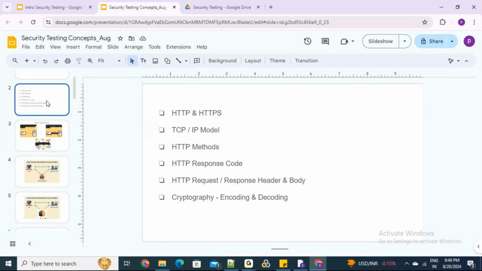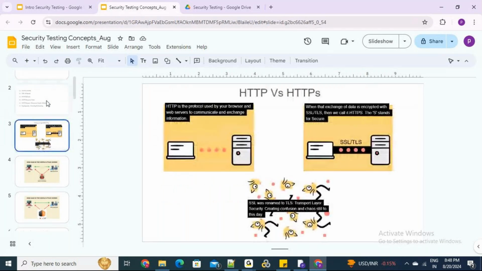Okay. A few of you might be already aware of this, a few of you might not be aware of it. HTTP and HTTPS, right? There are two ways of communicating from the browser to your server. One is HTTP, and the other one is HTTPS. The key difference between HTTP and HTTPS is,